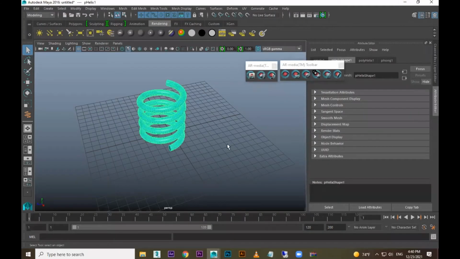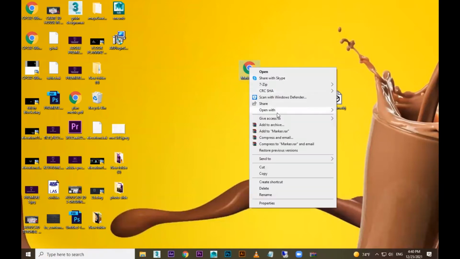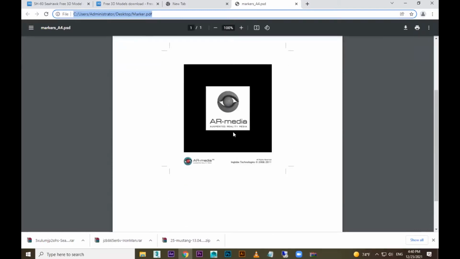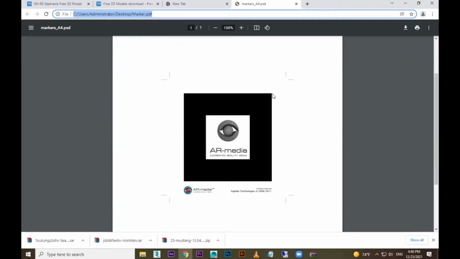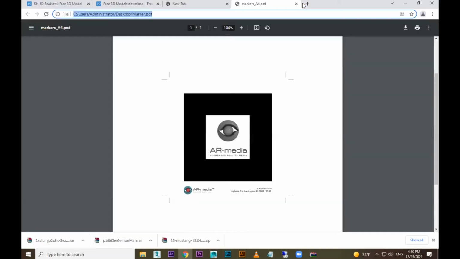There are a lot of markers available for this augmented reality. This is one of the markers. When you're using different software from different companies, they will have their own marker. This is a marker, this AR Media is giving this marker. Actually, this tracking, everything is working based on this marker. When you go to the augmented reality marker,